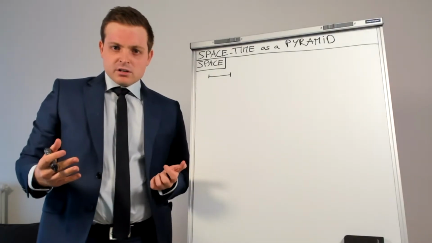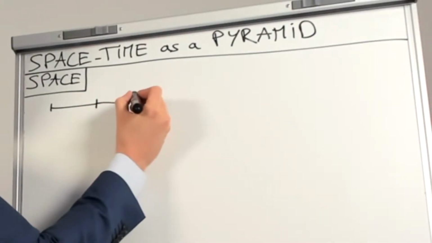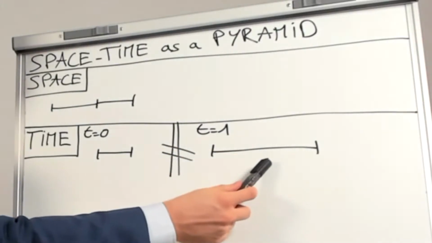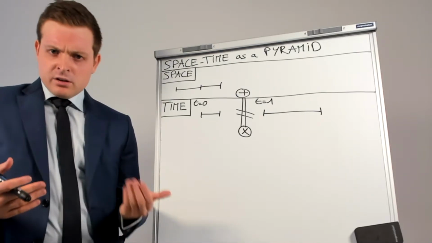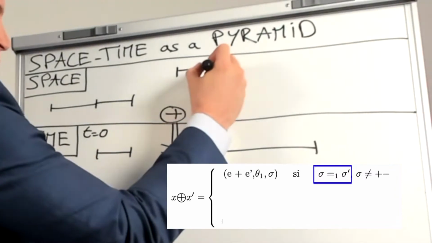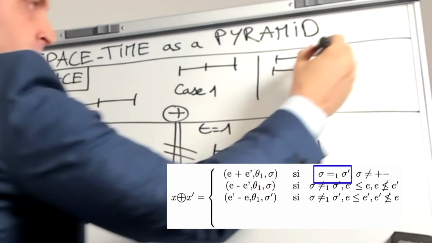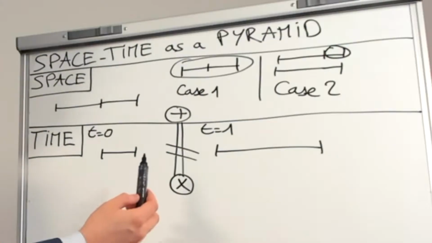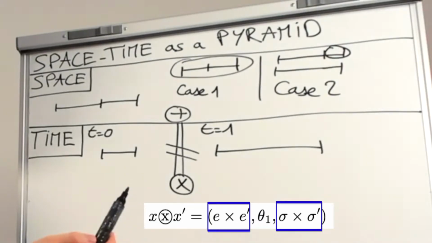As a reminder, space is what allows you to join extensions. Time is what you use to go from an extension to another extension at a later time. In our model of the real numbers, numbers are space-time and theology, and it makes it slightly more complex. If two numbers are of the same sign, you're just going to add their extensions. If two numbers have different signs, adding them will extract this extension here. For time, it remains the same. When you multiply two numbers, you multiply the extensions, you also multiply the sign, but it doesn't change how you